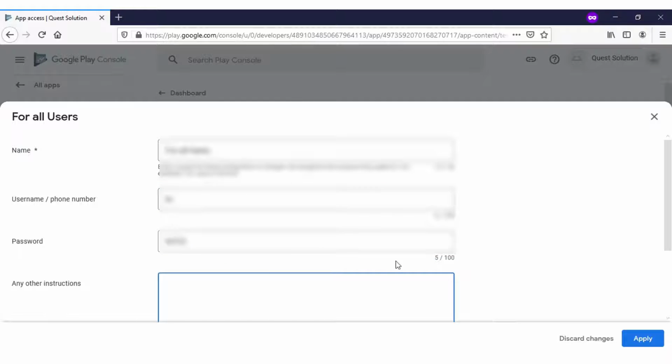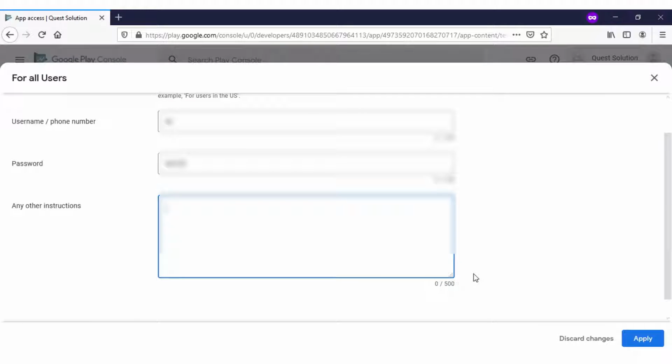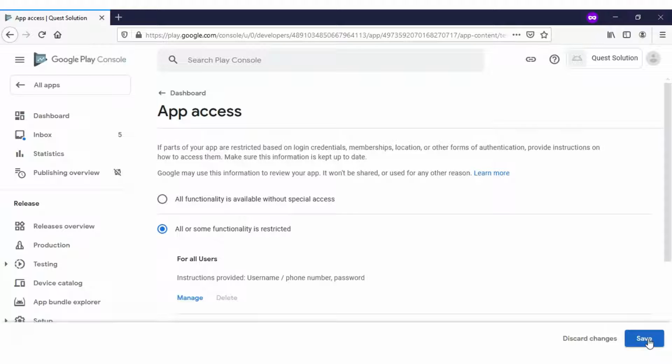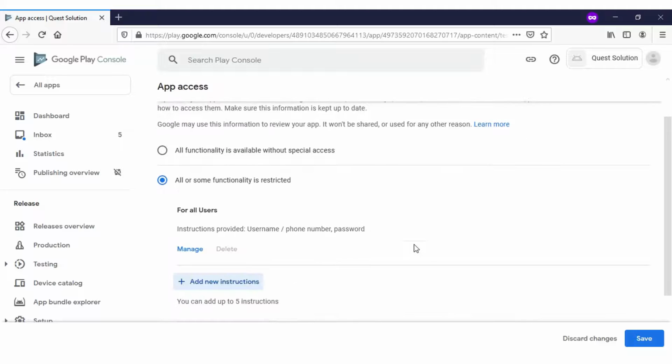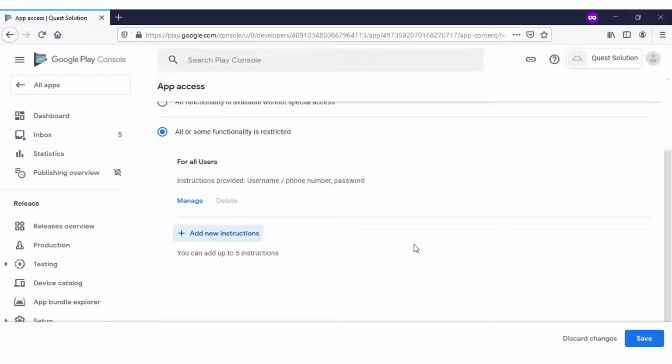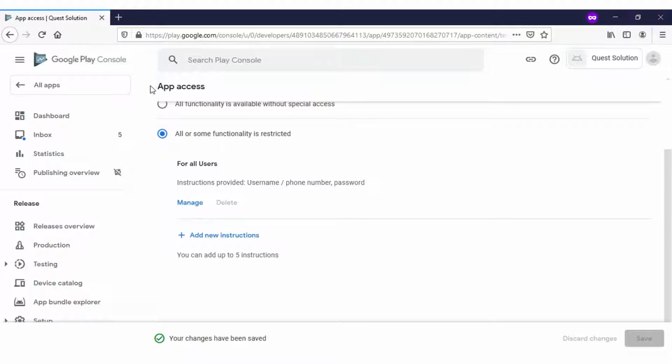Any other instruction you have, you can provide, and I simply click apply. Once I have provided the username and password to log in to our application, just click save. So this app access task we have completed.